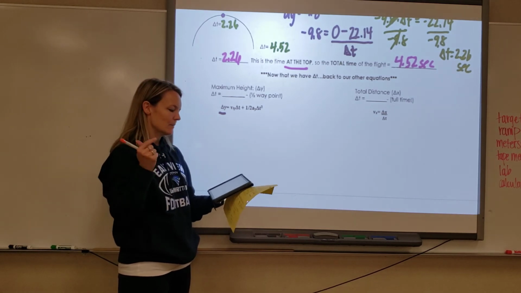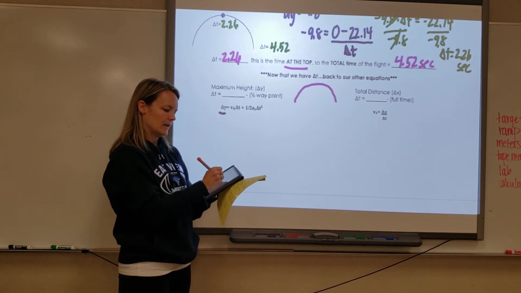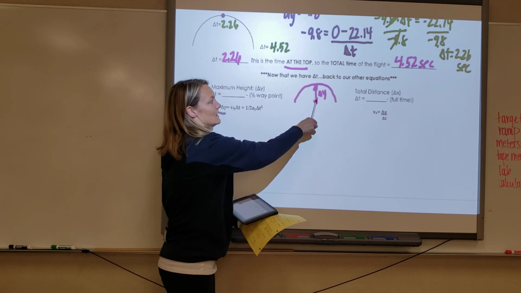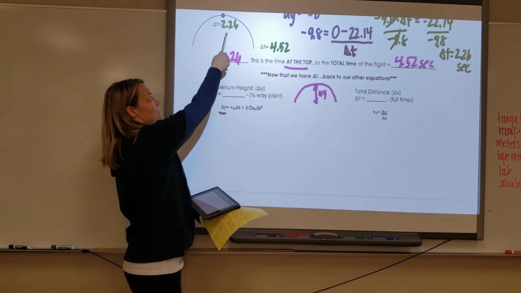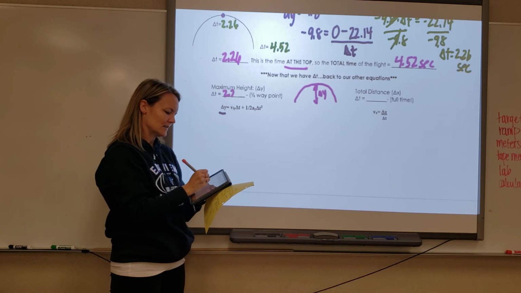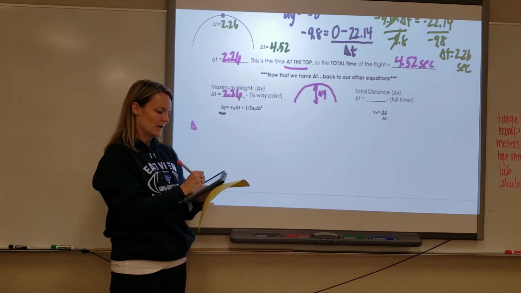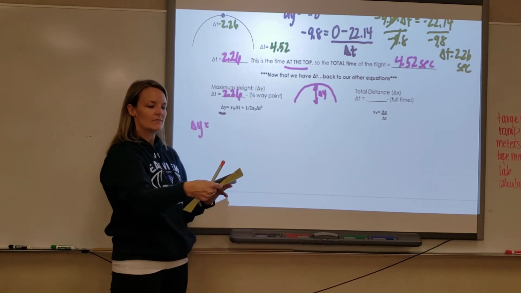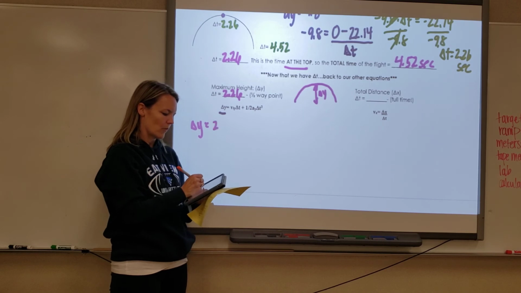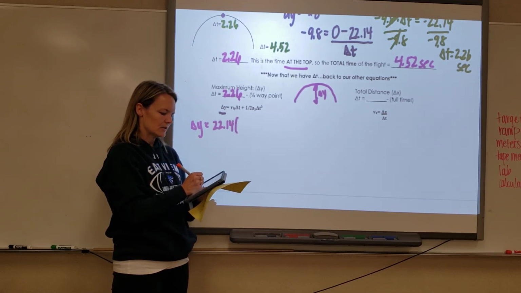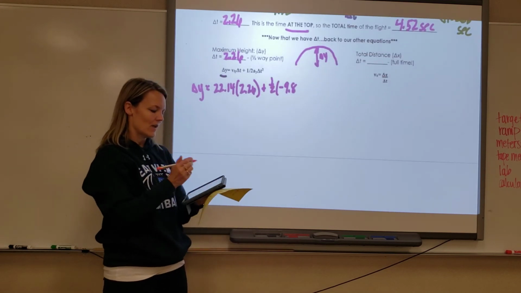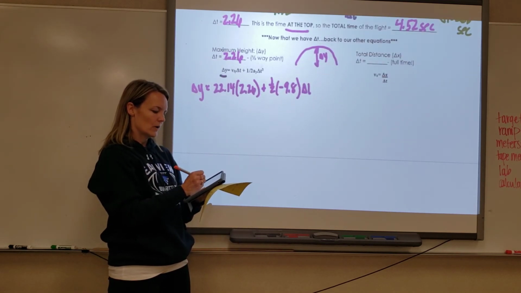All right, maximum height. That is right here. That is at the top, which means I want the time at the top. That means I need to use the 2.26 as my time. So delta y equals VIY. Back to the beginning, up kind of at the top of the notes. VIY, we solved for it. It was 22.14, times delta t, 2.26, plus 1/2 gravity, which is a negative 9.8. Do not drop out that negative. Times your t squared, which is